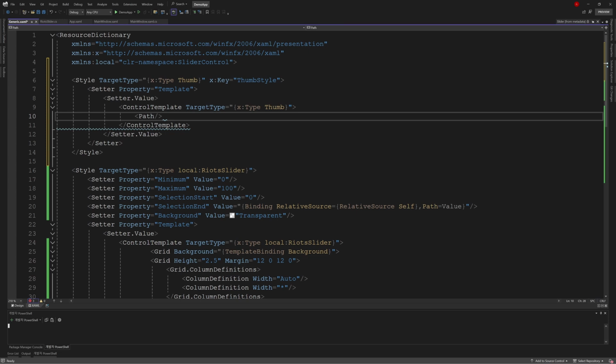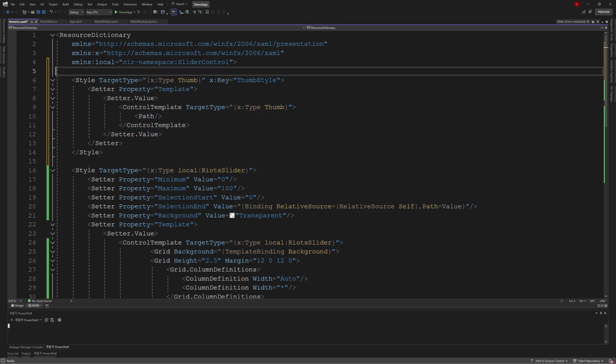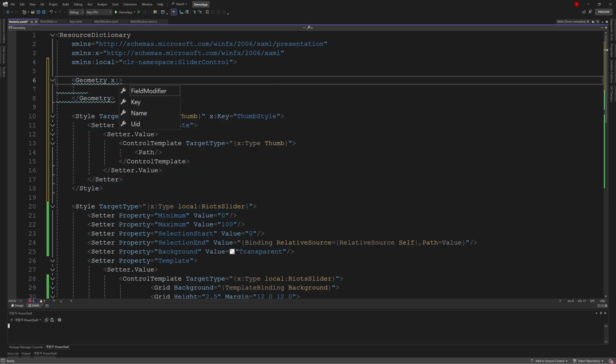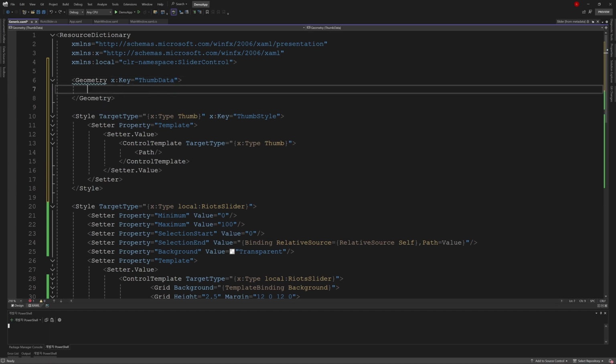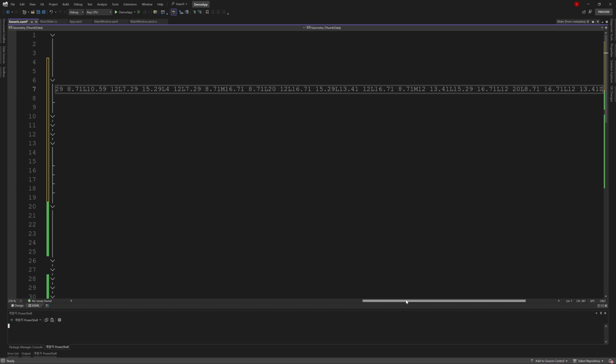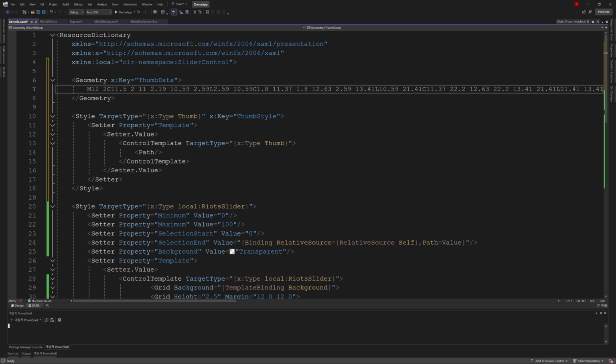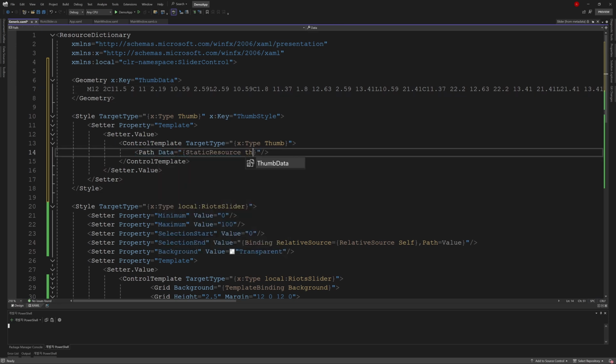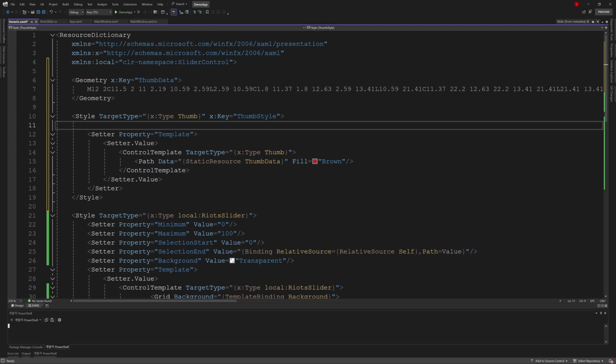Here you can directly copy the data from our source code. We add a geometry above the x:Key ThumbData. Then we can directly put this data in. And then we connect the path to the thumb data. Set the color to brown. Then we set the size of the path to 24.